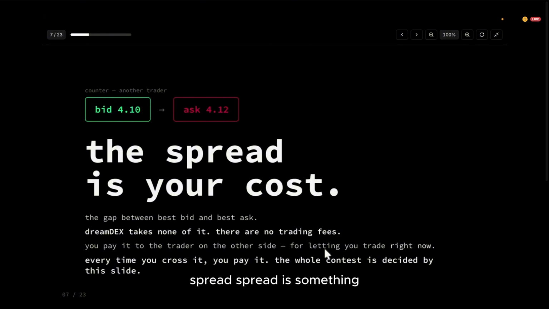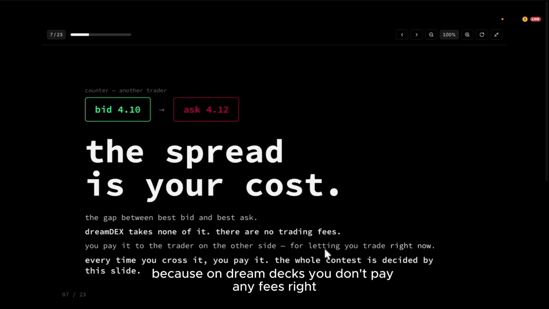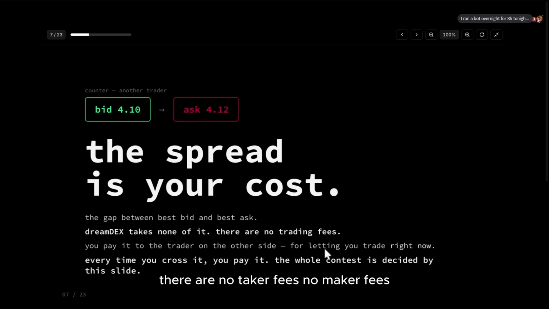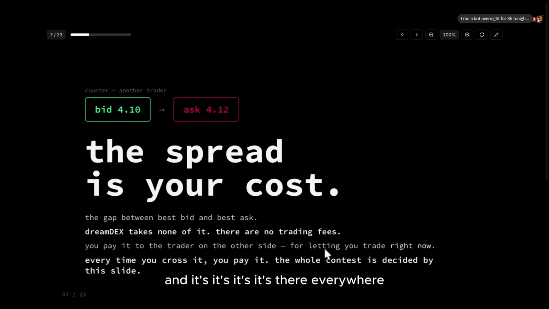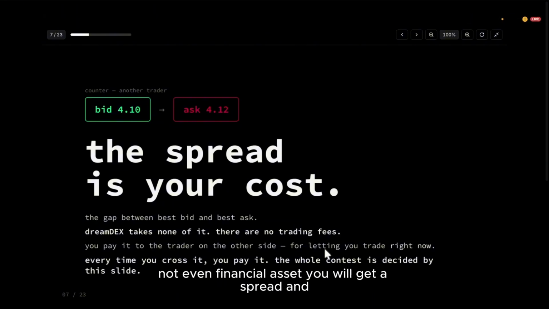Yeah, spread is something that you see in any financial market, so it's not something new, not something specific to dreamDEX. Because on dreamDEX you do not pay any fees, right? There are no taker fees, no maker fees, anything. But of course there is a spread, the spread between the bid and the ask, and it's there everywhere. Just imagine buying any asset, not even a financial asset, you will get a spread.